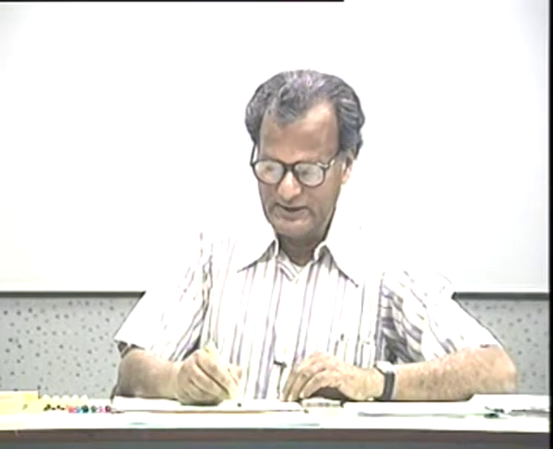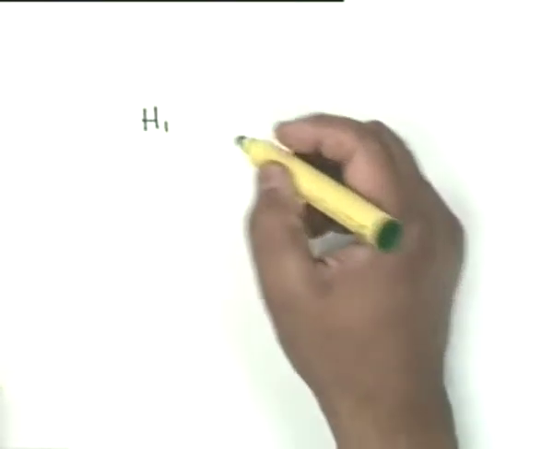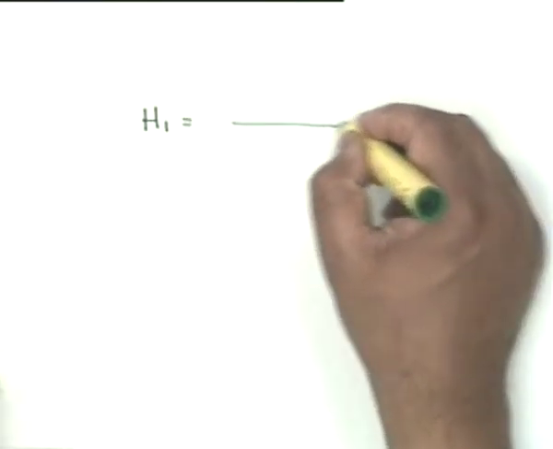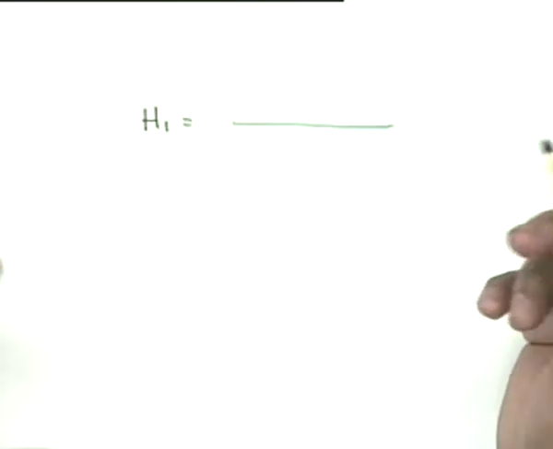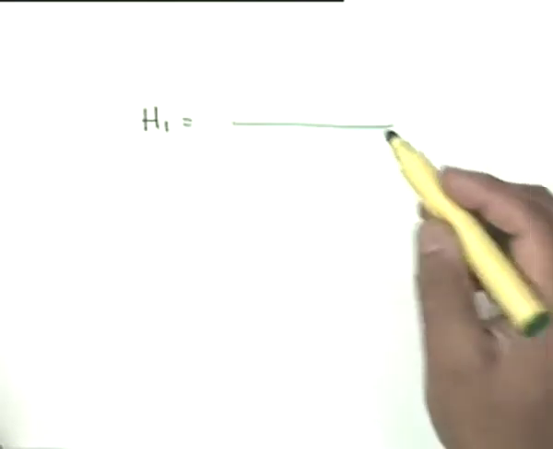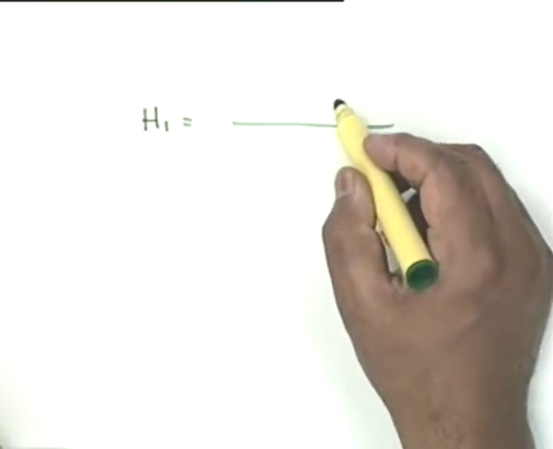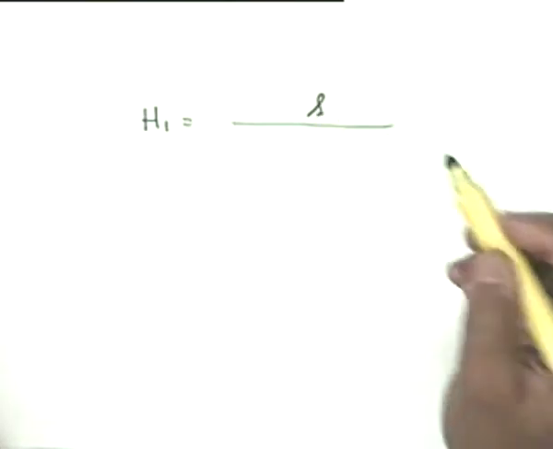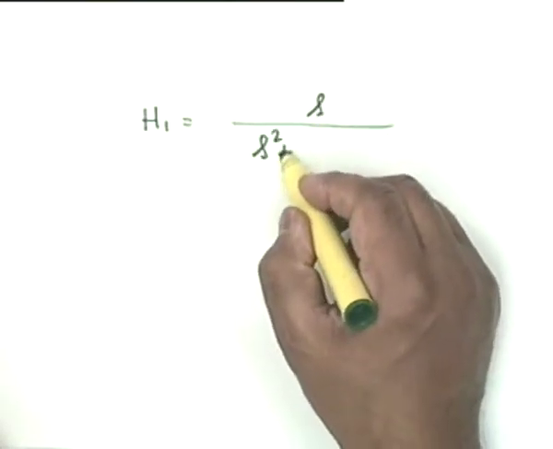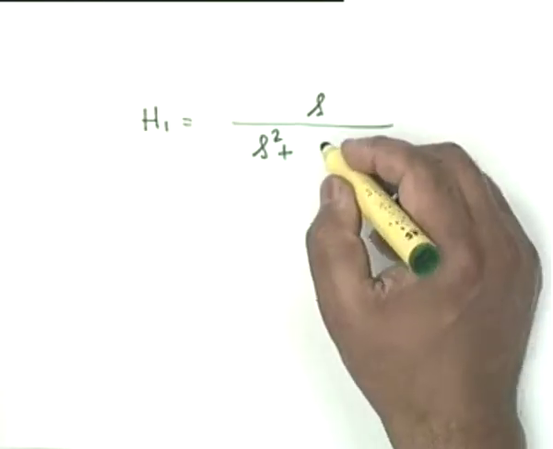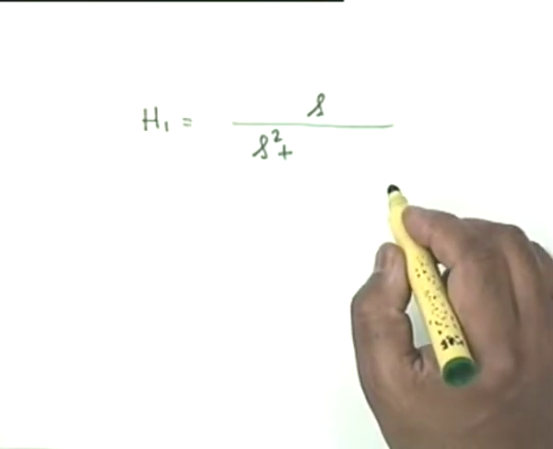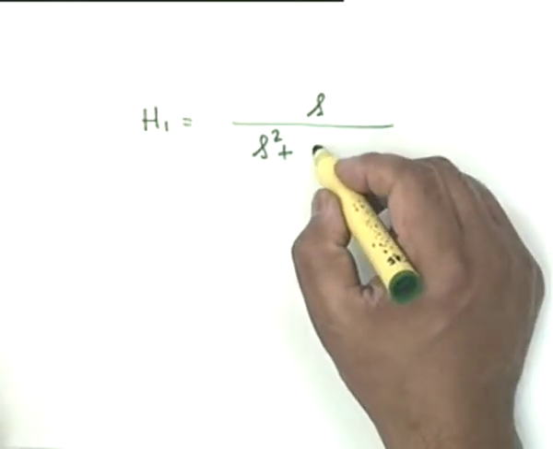If you remember that for one tuned circuit, for the simple RLC circuit, the transfer function is of the form S divided by S squared plus S by